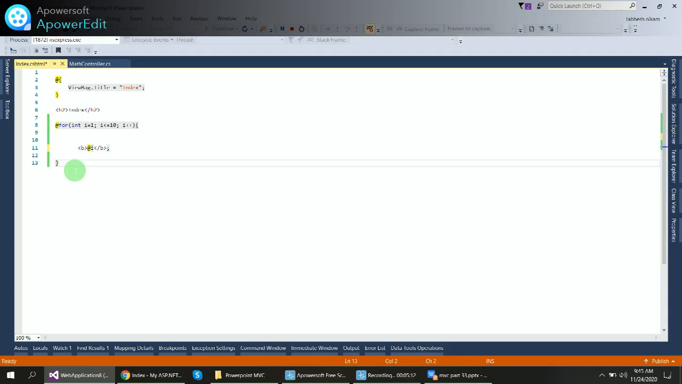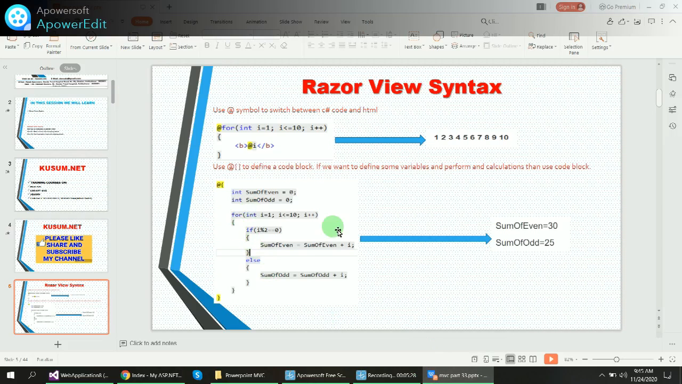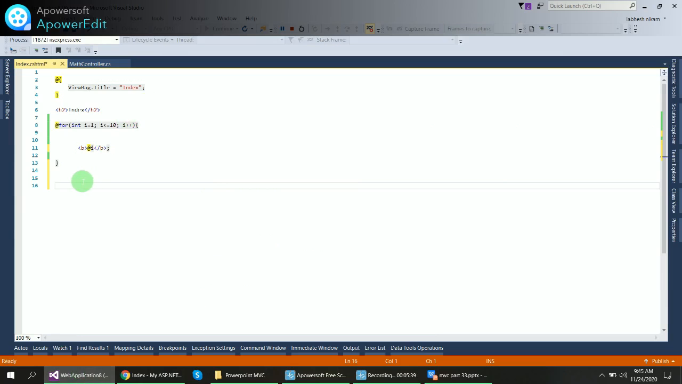Now, if you want to calculate any mathematical values inside of the C# code here in MVC, then you need a code block like this: the @ symbol and these curly brackets. Inside of that, you will write all the C# code. Okay, so let's start it and check it. For that, I will use @ and curly brackets, and inside of that,